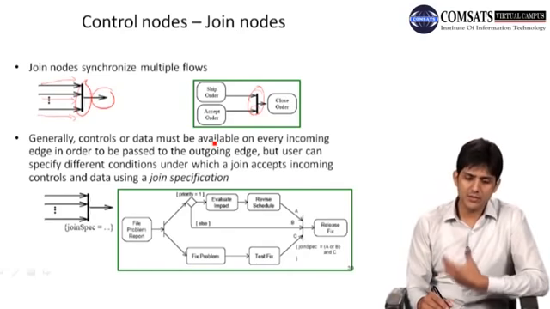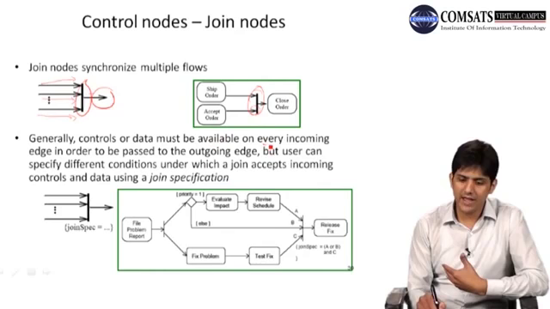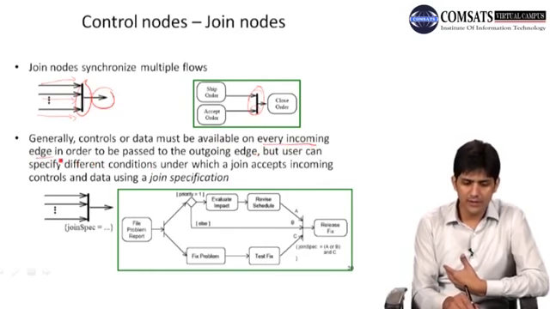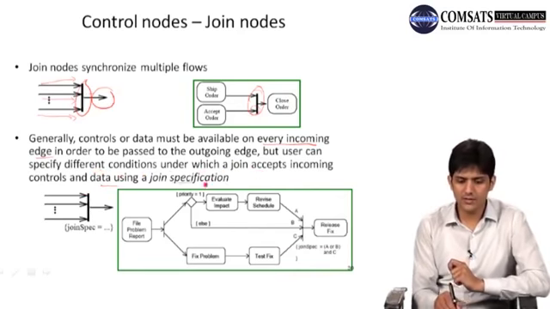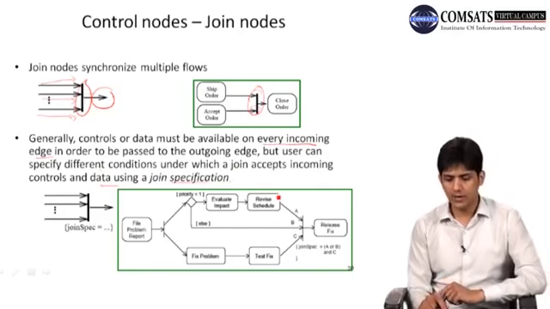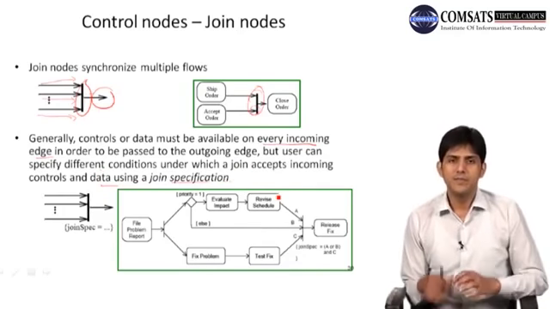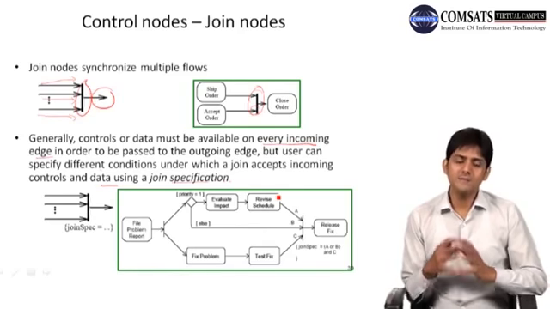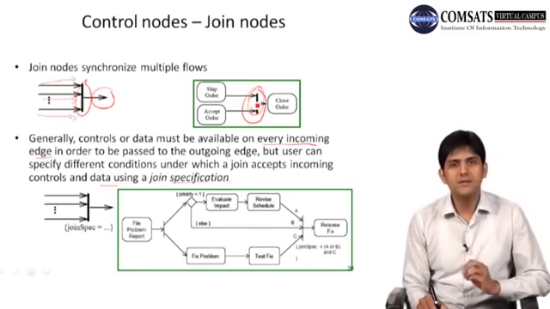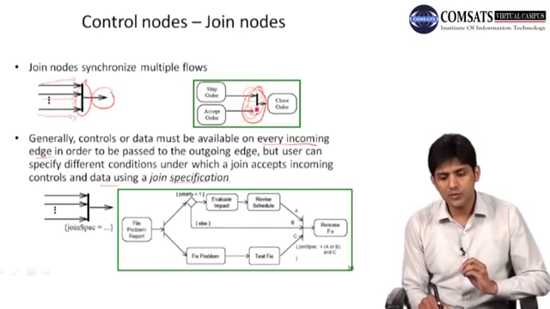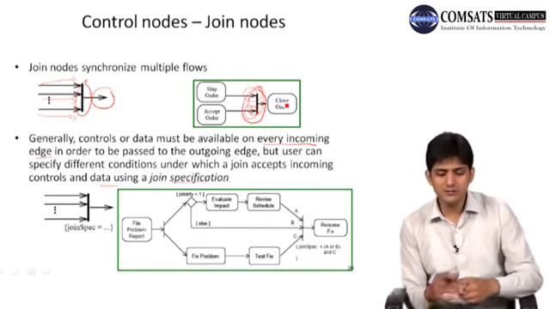Okay, generally the controls or data must be available on every incoming edge in order to be passed to the outgoing edge, but user can specify the different conditions under which a join accepts incoming controls and data using a join specification. Okay, so basically normally if you do not have any specification condition at join, ठीक है, तो द स्टैंडर्ड इज कि ये सब के लिए इनपुट का वेट करेगा